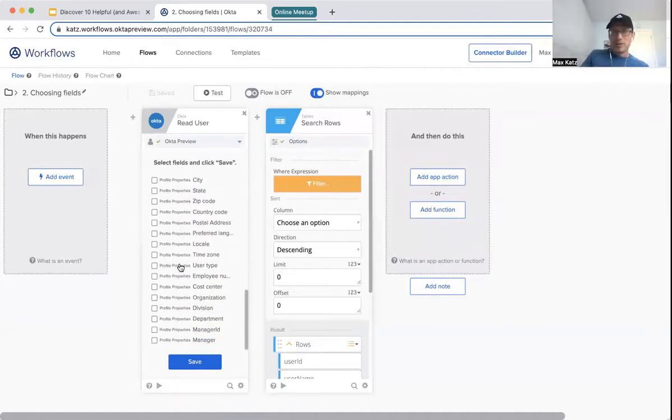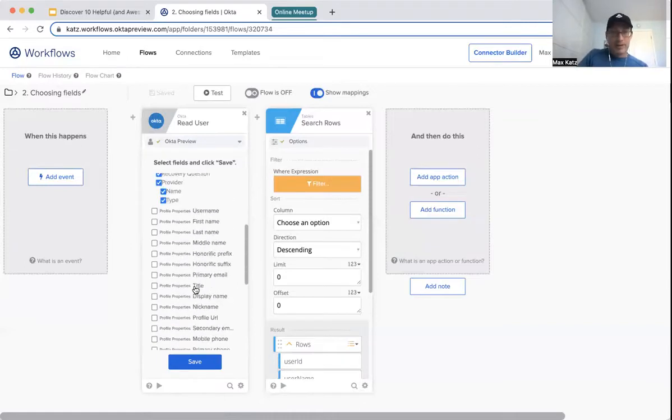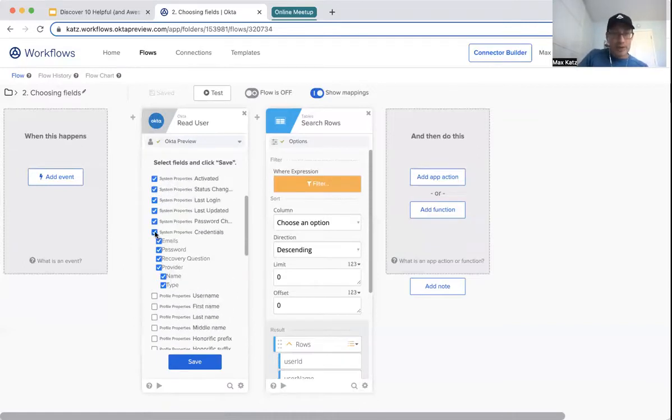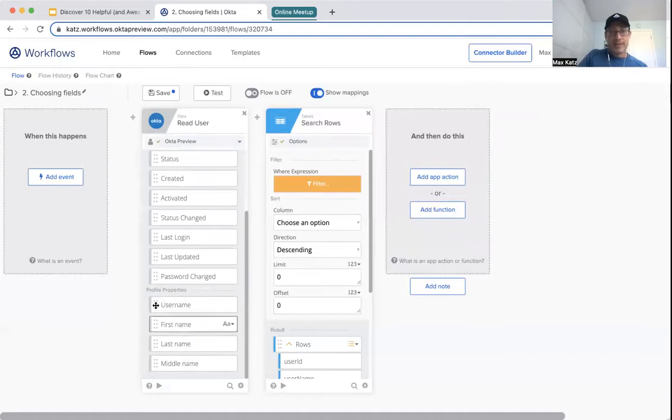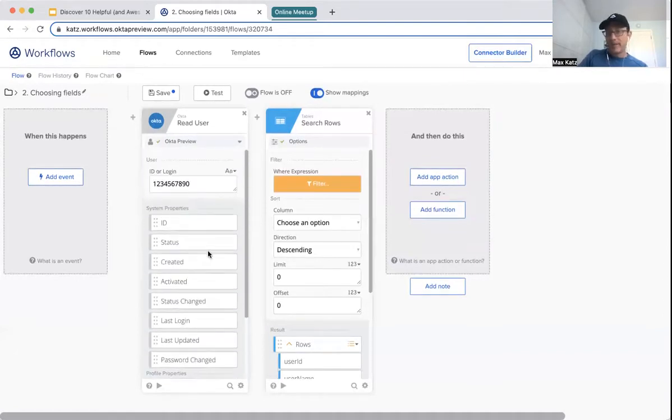So if you're looking for a feature or capability, it's possible that just that field, that property, is not showing in the card. And then if you want, you can uncheck this and then check these and then click save. And then this gets updated. So that's how you choose the outputs. Now, it works in a similar way